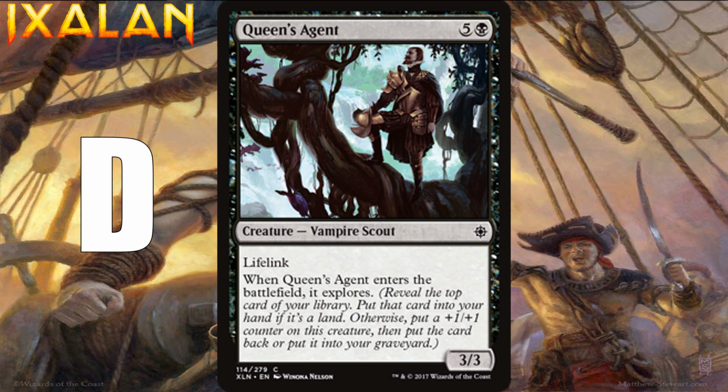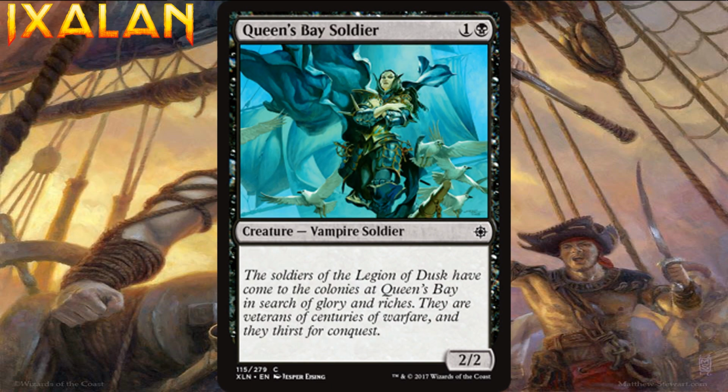so I'm going to give it a D. Next we have Queen's Bay Soldier, which is 1 generic and 1 black mana for a 2/2 Vampire Soldier at common. We have come a long way in Magic. 2 mana 2/2s used to be solid Cs, but power creep has made cards like this one go into the D+ range. You'll play it if you're short on 2 drops, basically. However, this does at least have the vampire creature type,